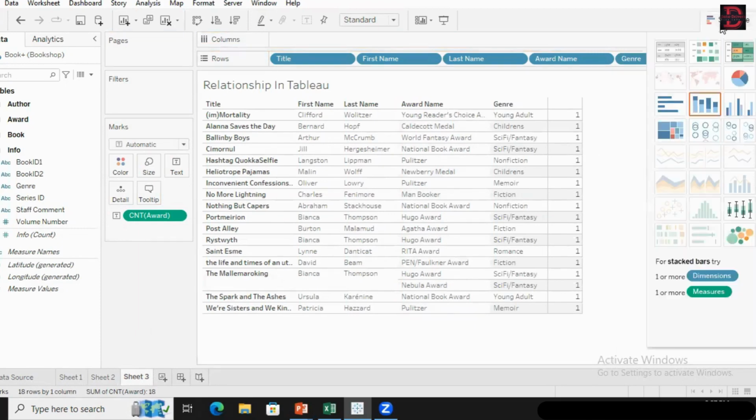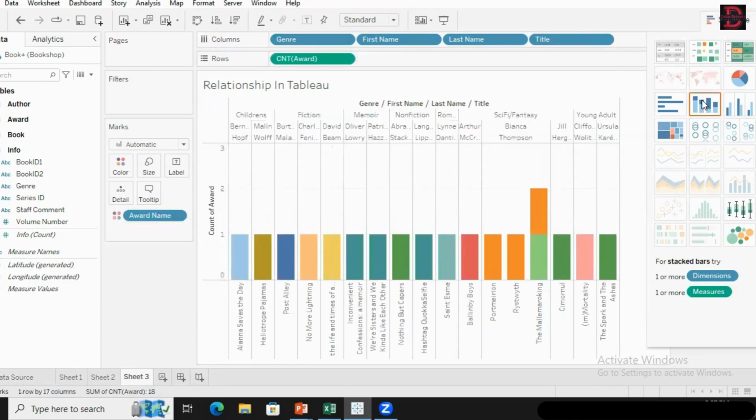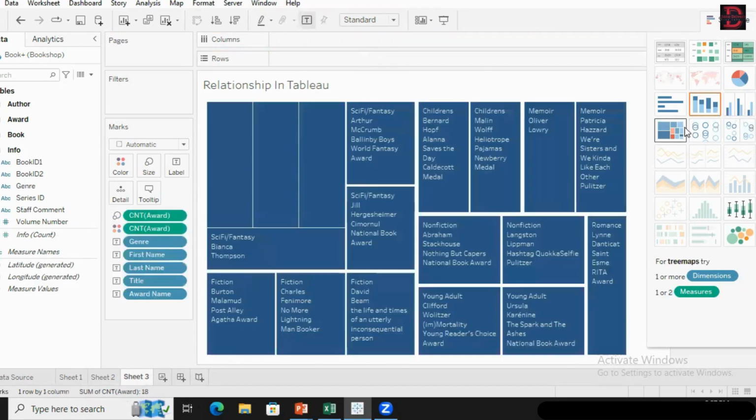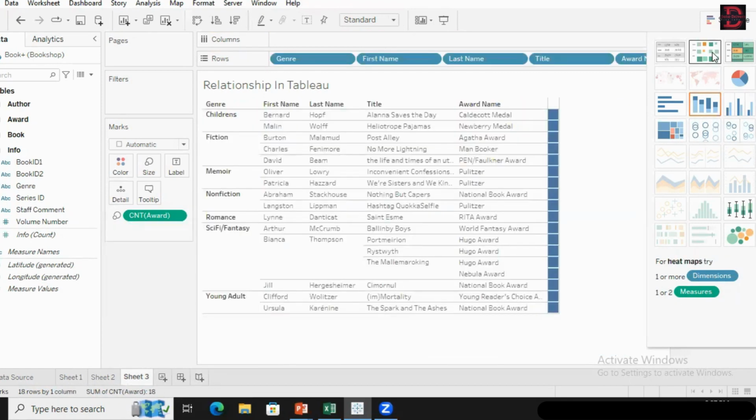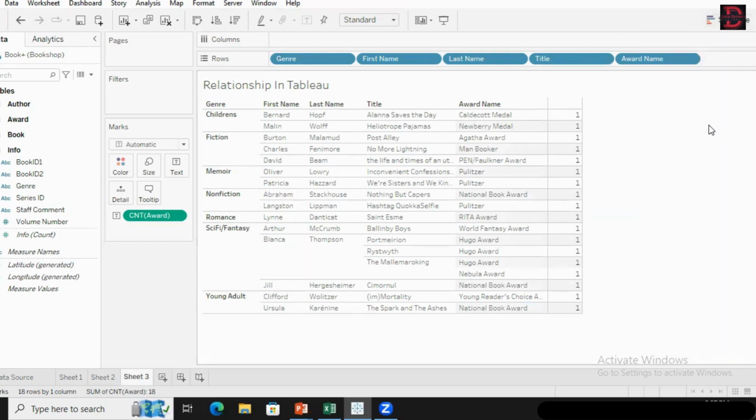Now let me change some other type. So yeah, this looks good, where we have arranged genre, first name and last name,